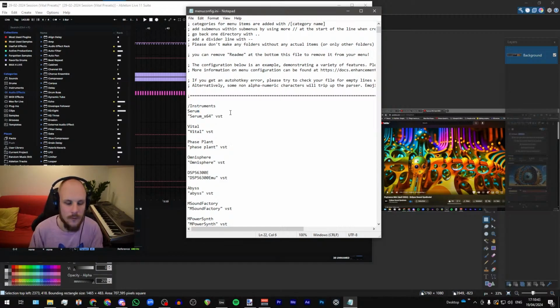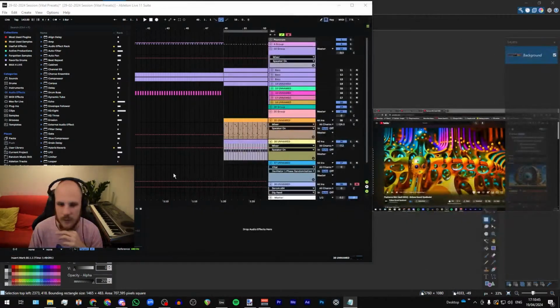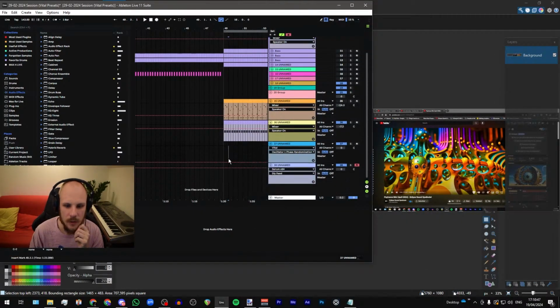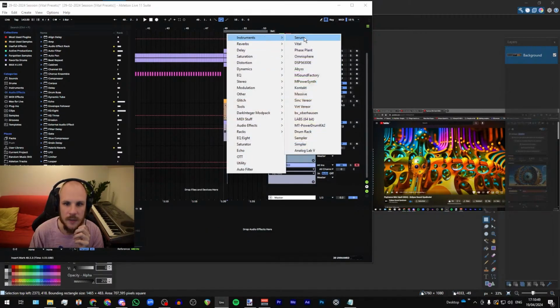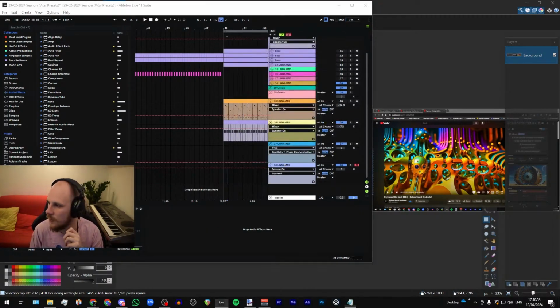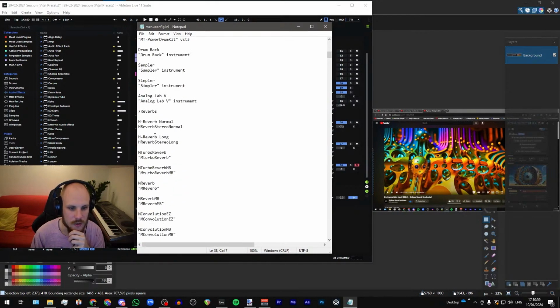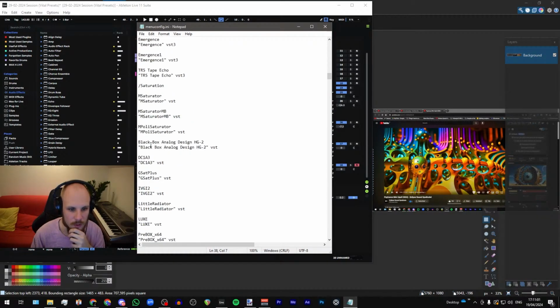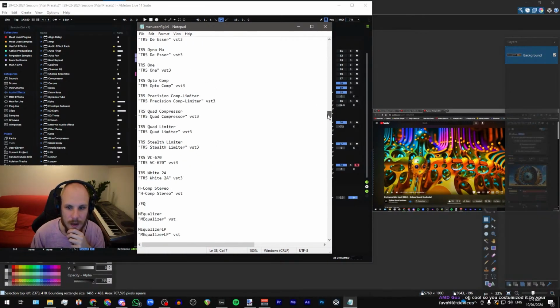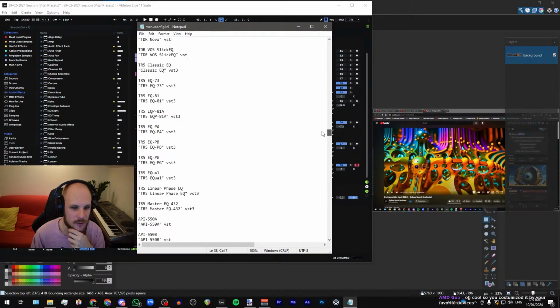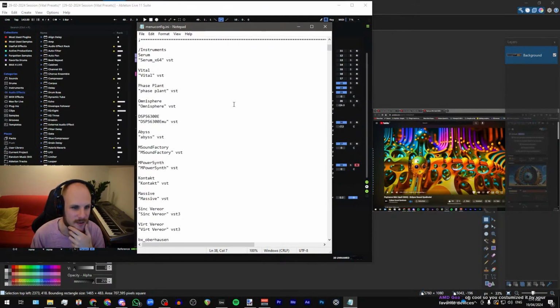So this is the menu for the Live Enhancement Suite, right? So you can see this corresponds to this stuff over here. We have Serum, Vital, Faceplant, Omnisphere, and then all of my other synths and stuff. And you can see here we have instruments, Serum, Vital, Faceplant, Omnisphere, and all of the other things. And that just goes on and on and much further. I was going to do on and on for the whole thing, but I started to feel my